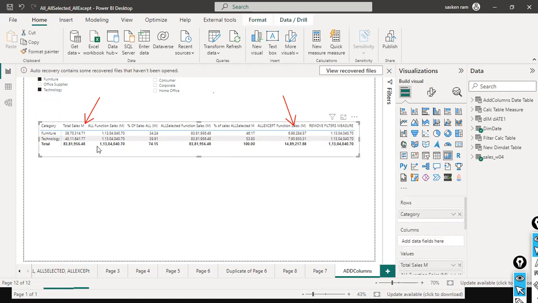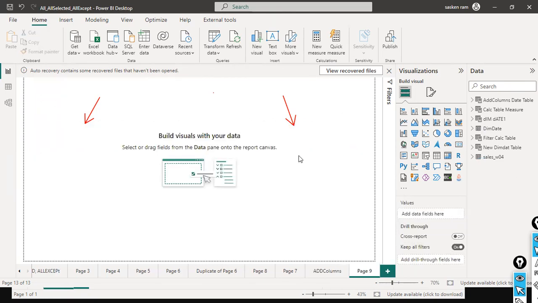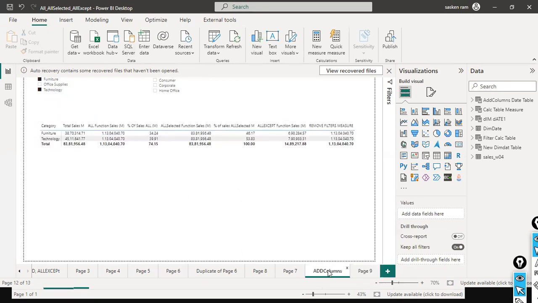Okay, so fine. So now REMOVEFILTERS. In today's session, we will continue with exploring the calculated table function. We discussed the CALCULATE function, but in the case of the CALCULATE function, what we have understood is, when we apply the filter here using the slicer, along with the ALL function, if you use the CALCULATE function, sorry, the ALL function as part of your CALCULATE function,